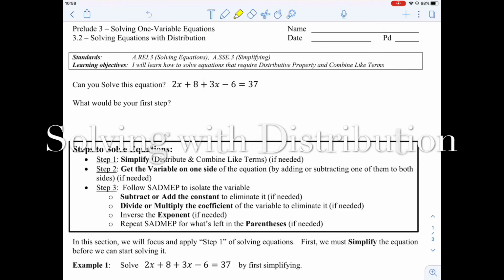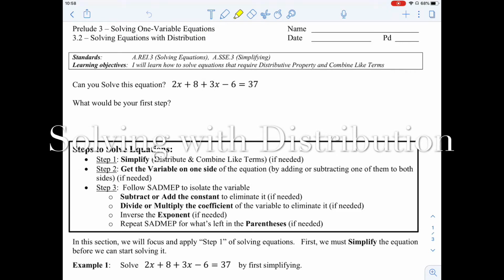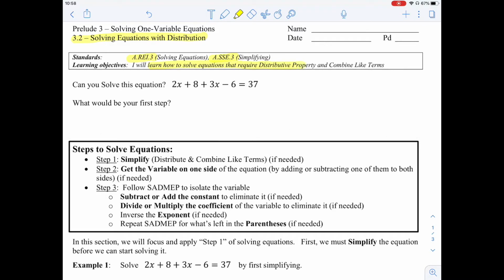Welcome, guys. So we're looking at Prelude 3, solving one variable equations, and we're looking at solving equations with distribution, right? Our standard is AREI3, which is solving equations and also simplifying at the same time. In this learning objective, we'll learn how to solve equations that require distributive property and combining like terms. So can you solve this equation